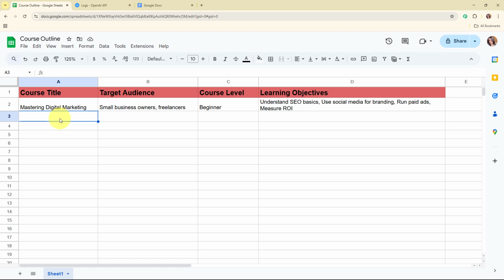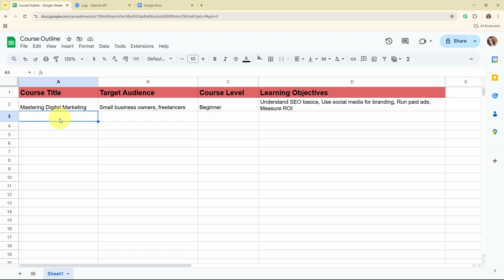Alright, so as you all know, as an online course creator, I often start with a list of learning objectives but struggle to turn them into a well-structured course outline. Doing it manually takes a lot of time and sometimes I miss important flow or structure. So by using an AI agent to automatically create course outlines from my learning objectives, I can save hours of work and ensure my course is clear, organized and engaging. This helps me focus more on content creation and less on planning while still delivering a high quality learning experience